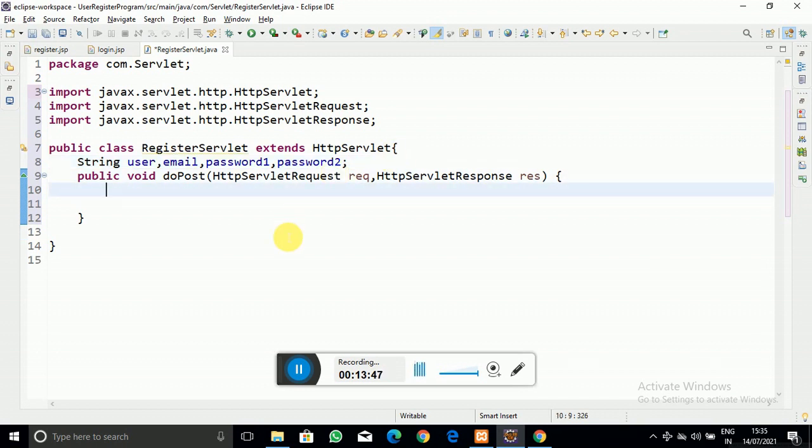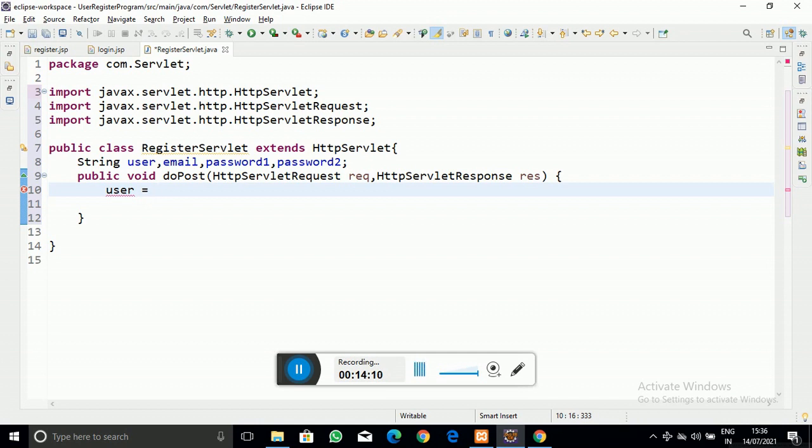Now how can we accept that data? We can accept it by the request parameter, using the getParameter method. Let me write that code, then you can understand.